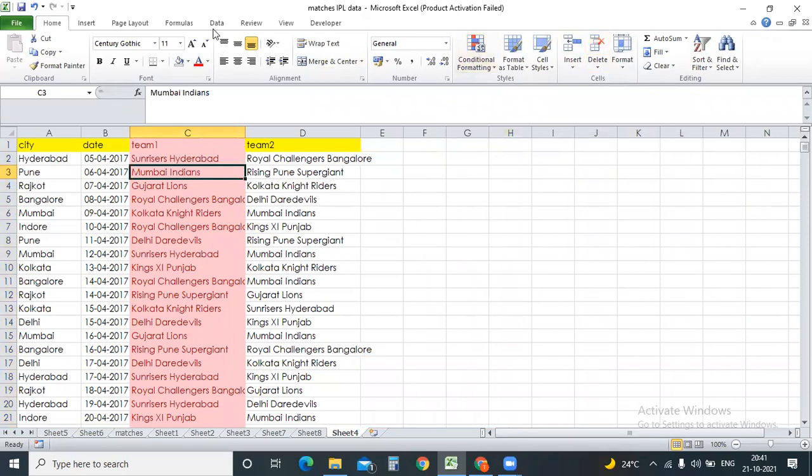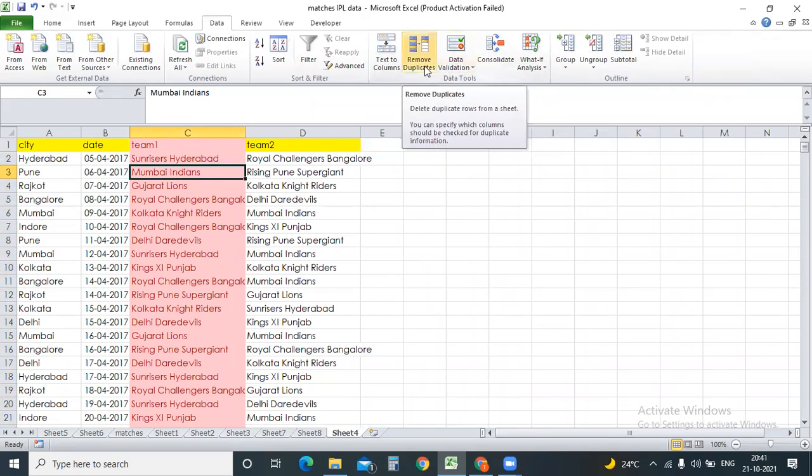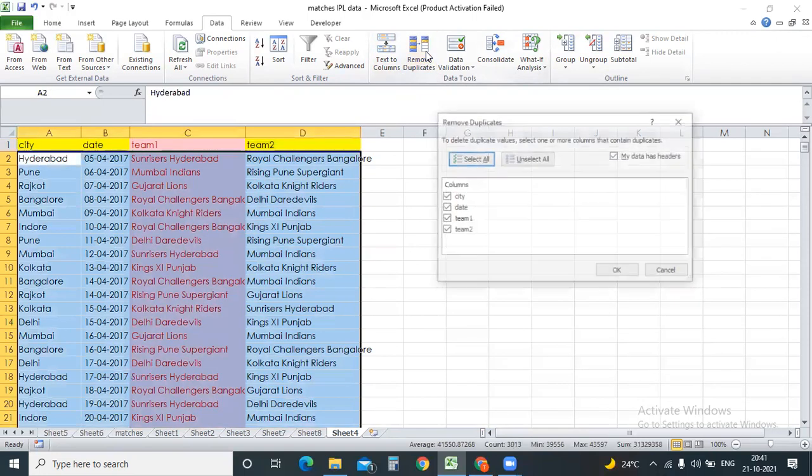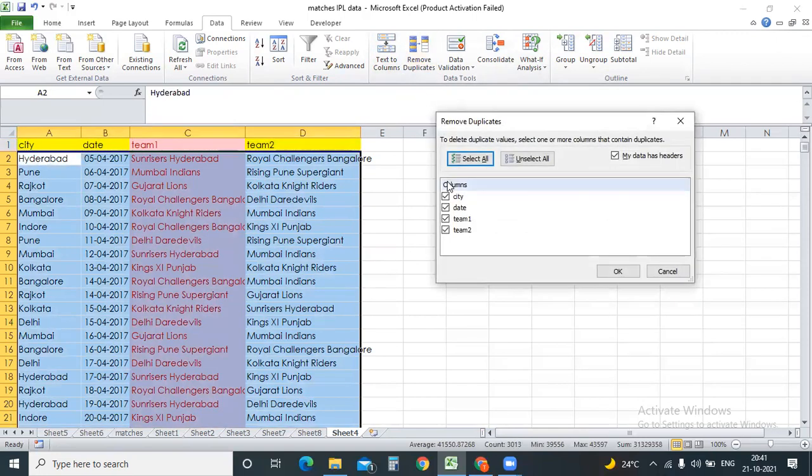So what else are we discussing right now? Go to data, remove duplicates. This is also one of the quite interesting topics, how to remove the duplicates. It's very easy, guys. Can someone tell me? I think we had a discussion about this. I think select all and remove duplicates. Select everything and click on remove duplicates. It will ask you which column you want to delete duplicates from. There are three, all of them.